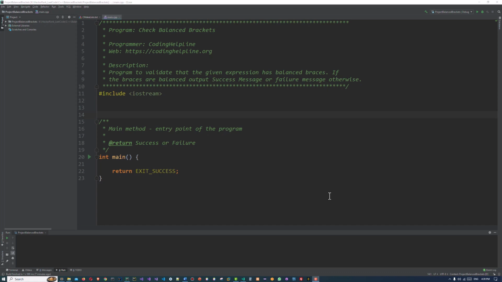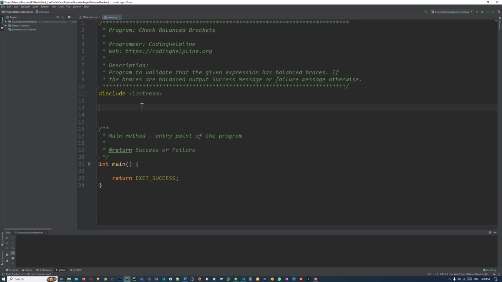So I am going to implement the program to check whether there are balanced brackets within an expression. So I have created an application in CLion. CLion is a very famous IDE from JetBrains. So let's begin our coding. So this is a skeleton program and I am going to implement a function